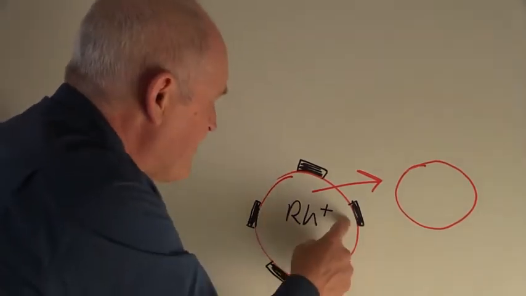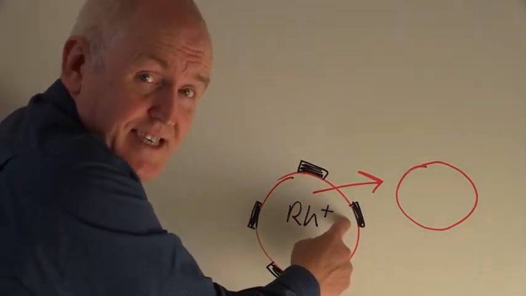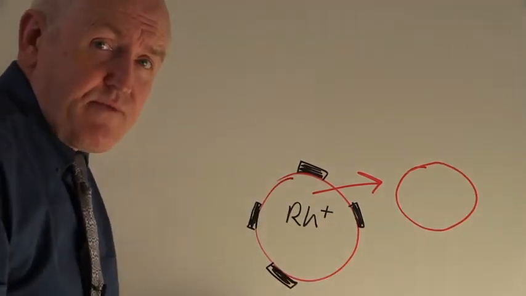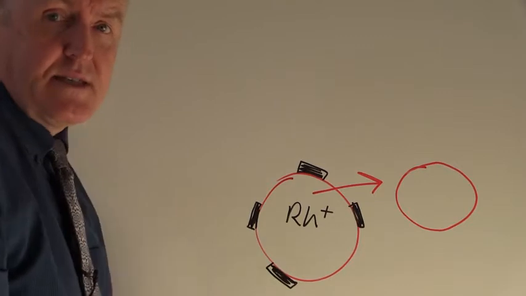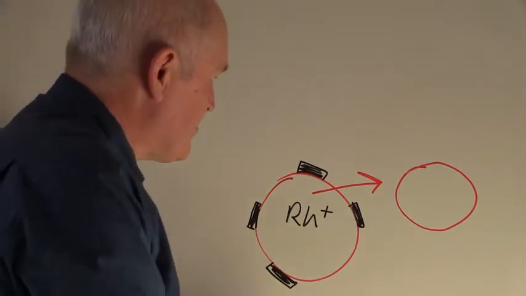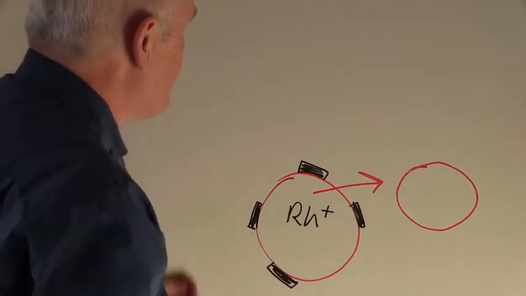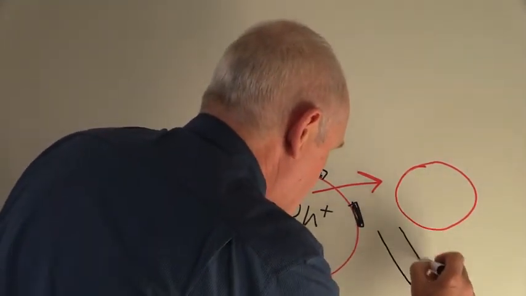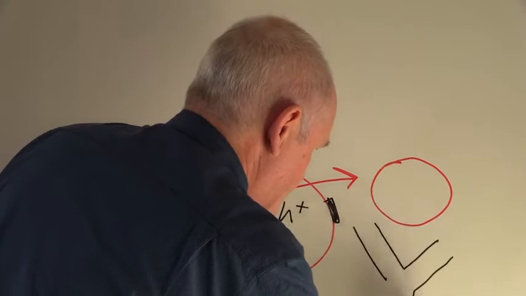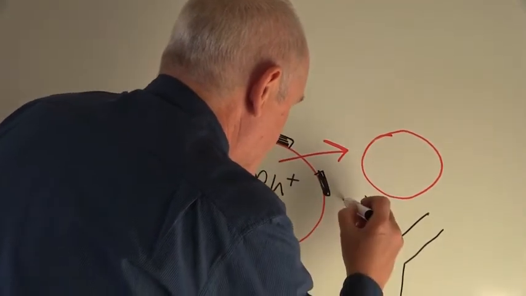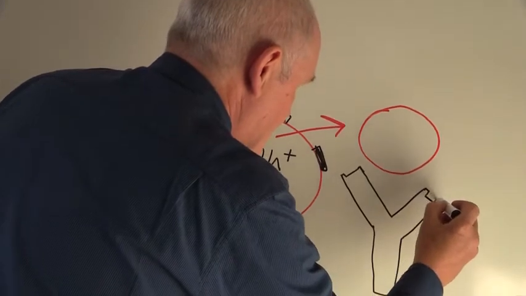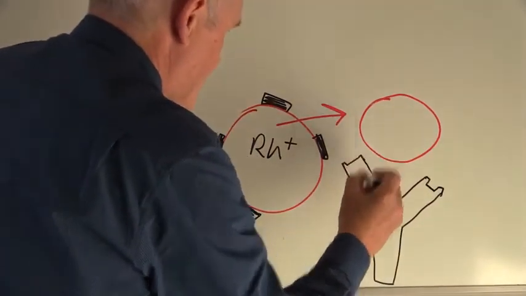But now, if they're exposed to the rhesus factor antigen, they will produce rhesus factor immunoglobulin type Gs. They will produce IgG antibodies. And these are going to be Y-shaped molecules like this, with a specific receptor for the rhesus factor present in the end of the